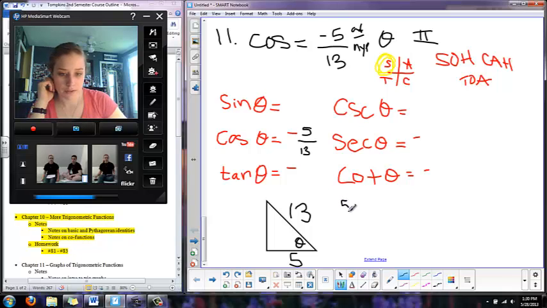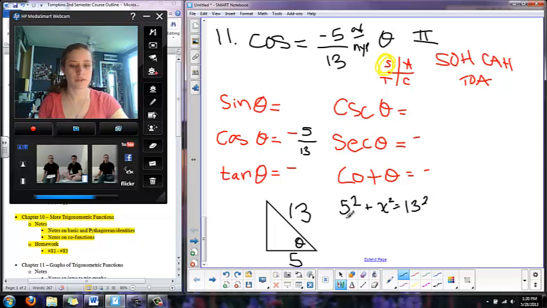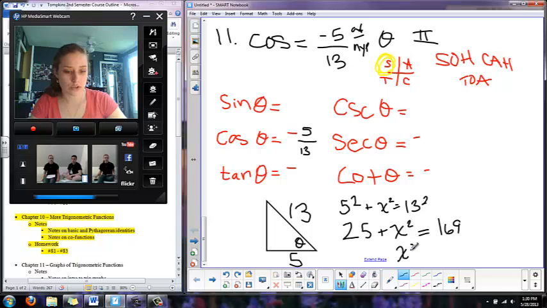So we're going to use the Pythagorean theorem: 5 squared plus x squared is equal to 13 squared. Five squared is 25. I don't have my calculator open, but 13 squared is 169. So x squared is equal to 169 minus 25, which is 144. So x is equal to 12. So my opposite side is 12, and now I can use this triangle to fill in all the missing pieces